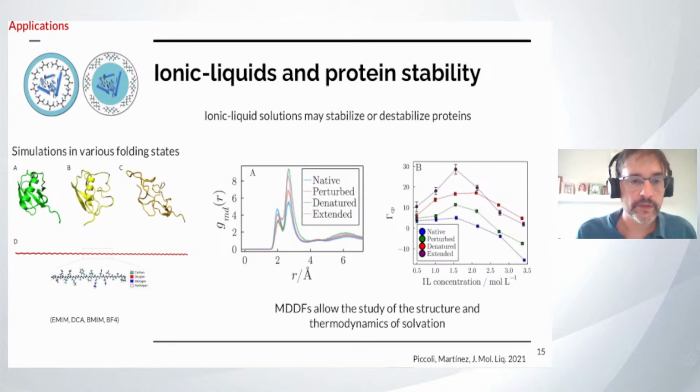I'll be more brief in this other example, which is an interesting application. We have also studied quite extensively the role of ionic liquid ions in solutions where there is a protein present. In this particular case, we have studied the role of different ions that are used to compose ionic liquids, different cations, different anions, in the solvation structures of protein folding states, varying from the folded protein to partially denatured protein, to a completely denatured protein, and to an extreme of a completely extended protein state, which represented the maximum possible surface area that the protein peptide